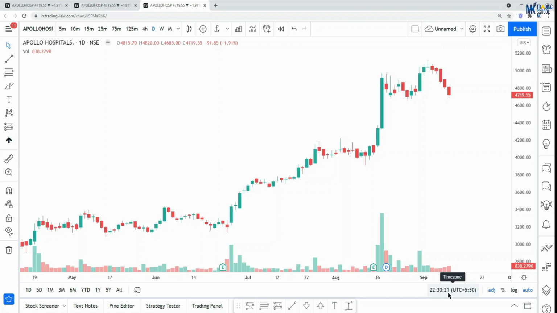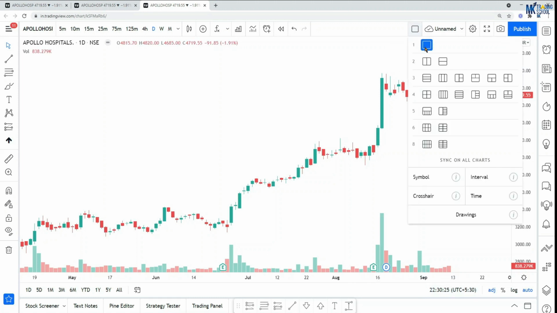How do I open multiple charts at one time? So from here, there are options. I can have 2 charts at one time, 3 charts, 4 charts, 5, 6 and 8. In the premium version, I can open up to 8 charts at one go. May not be there in the free version, but generally for any trade planning, we use 3 time frames. The higher time frame for curve analysis, intermediate for trend analysis, lower time frame for zoning. So 3 is good enough.